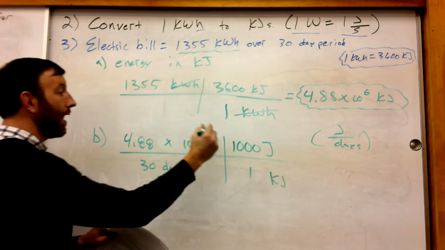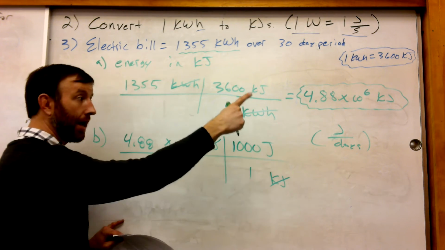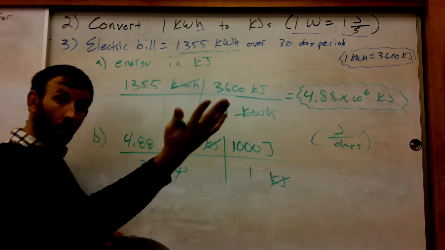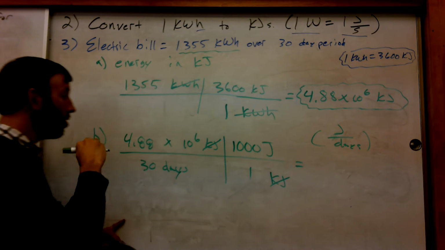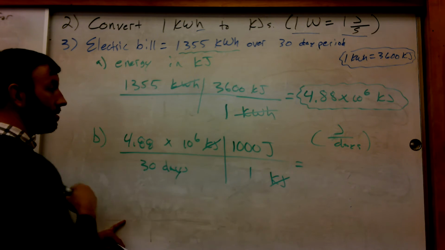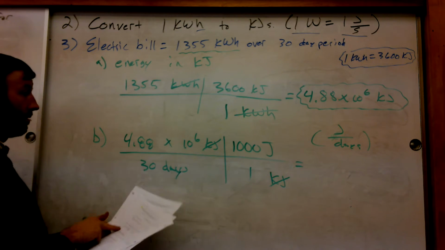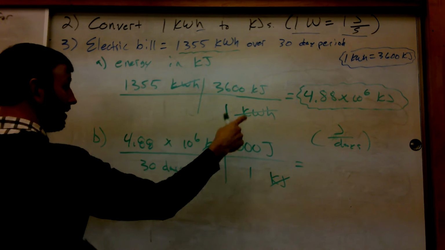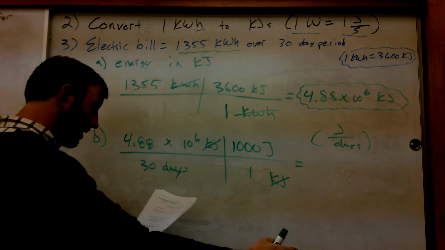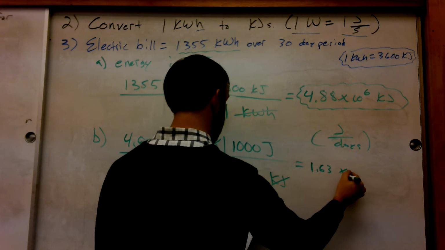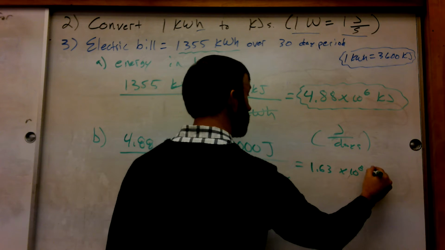Now, out of kilojoules, my units now are joules over days. That's what I want. So I'm going to take this times 1,000, put that in my calculator, divide that by 30. So that times that, divided by 30 equals, and I should get 1.63 times 10 to the 8th joules